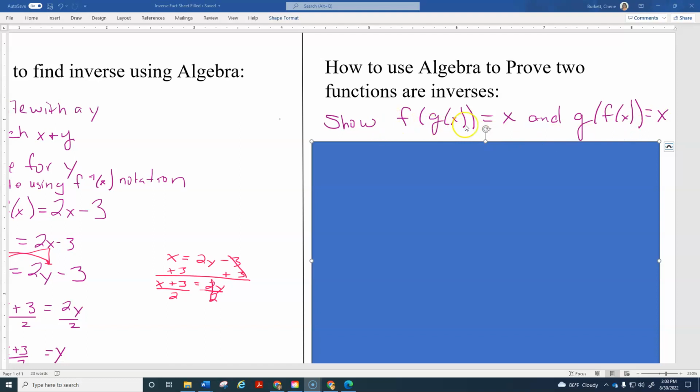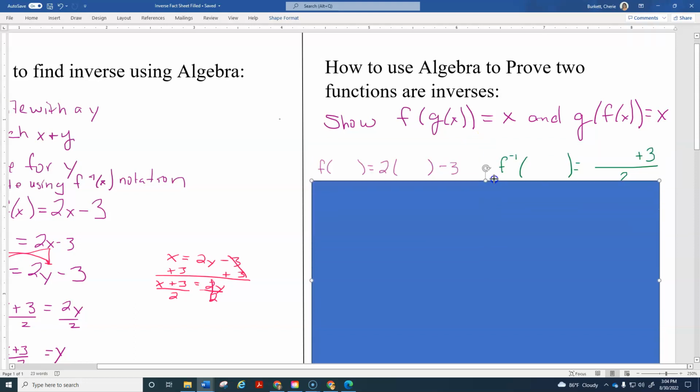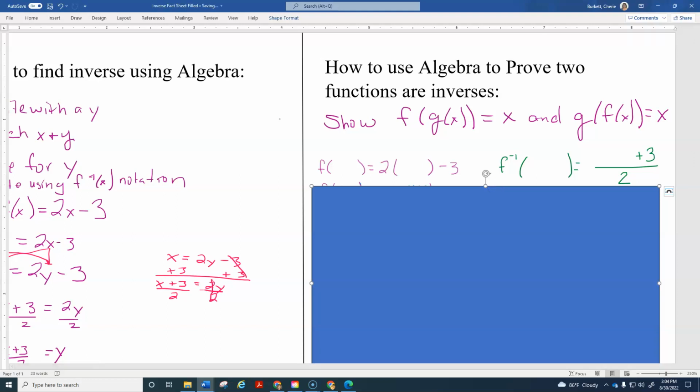So we have to do function composition in order to show or prove that two functions are inverses of each other. All right. So I have an example worked here. The first function that we're going to do, I kind of left this off. So I want to show that those two functions that I worked with over there really are inverses of each other. So the f function was f of x equals 2x minus 3. And then I found the inverse of that